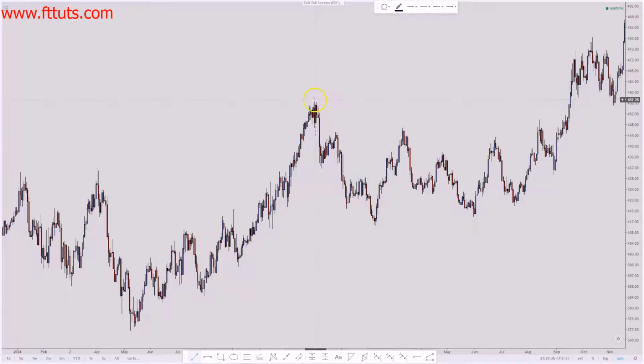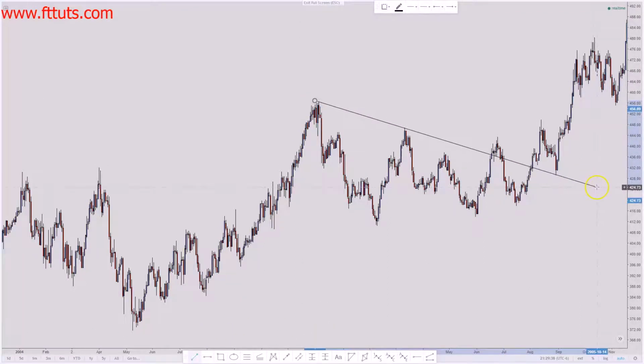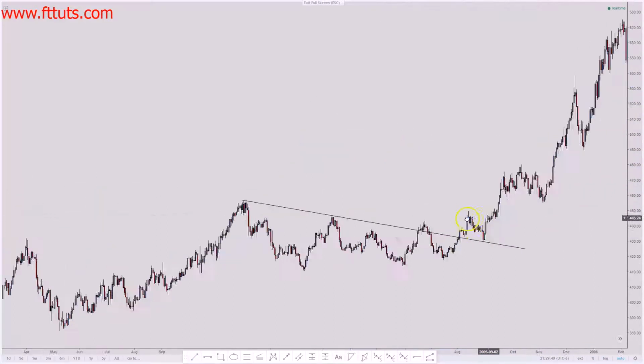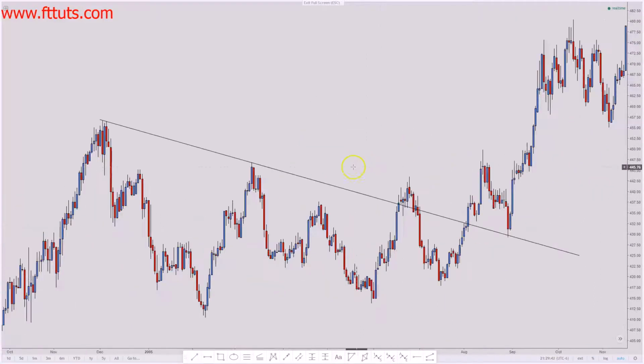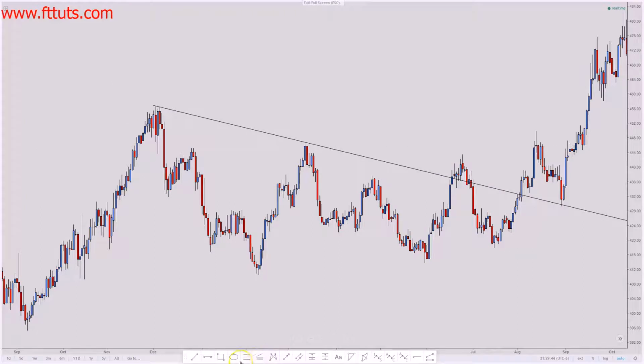Let's see if I see one right here. Yeah, you see, this is a perfect example right here. So you have 1, 2, run it through. See how it broke through? False break right here. Waited for the retest. Looks like it broke back through. Then you actually get the real retest. Boom. There's the real retest. Breaks through. There, that's where you're looking for your entries.